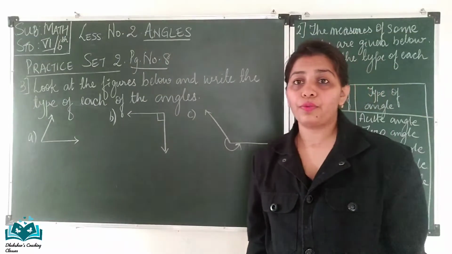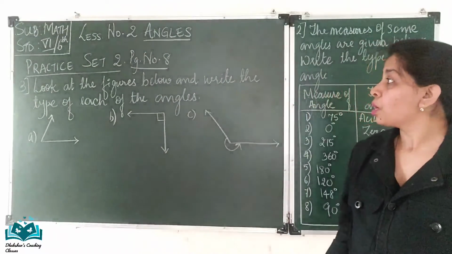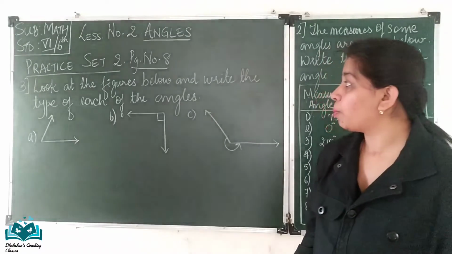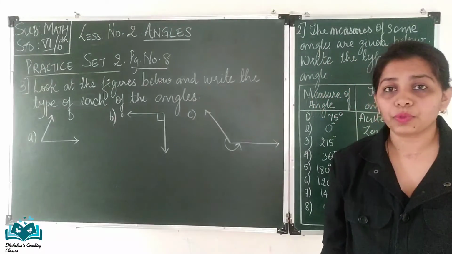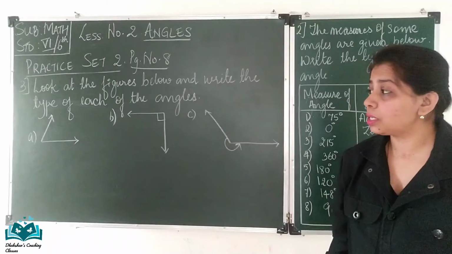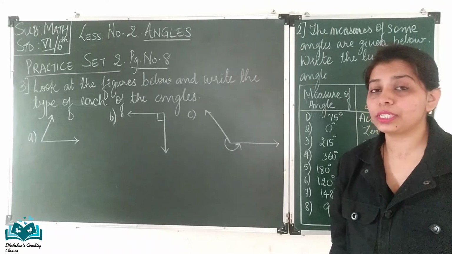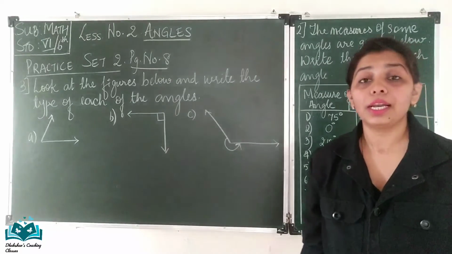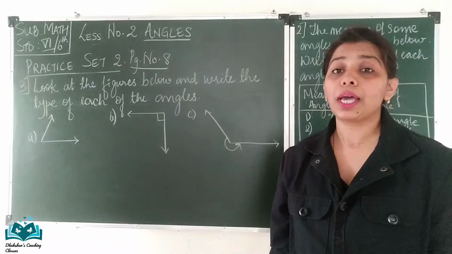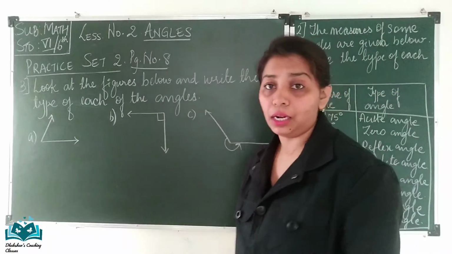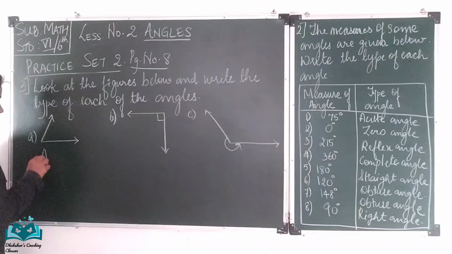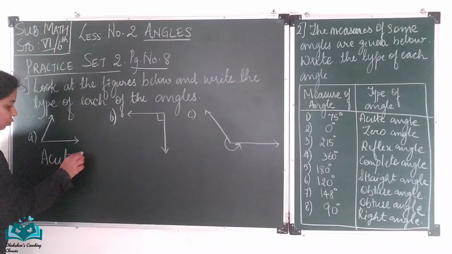The third question from the same practice set. Look at the figures below and write the type of each of the angles. So the first angle, is it greater than 90 or is it less than 90? It is less than 90. So it will be what type of angle? It will be an acute angle. So the answer to the first one is your acute